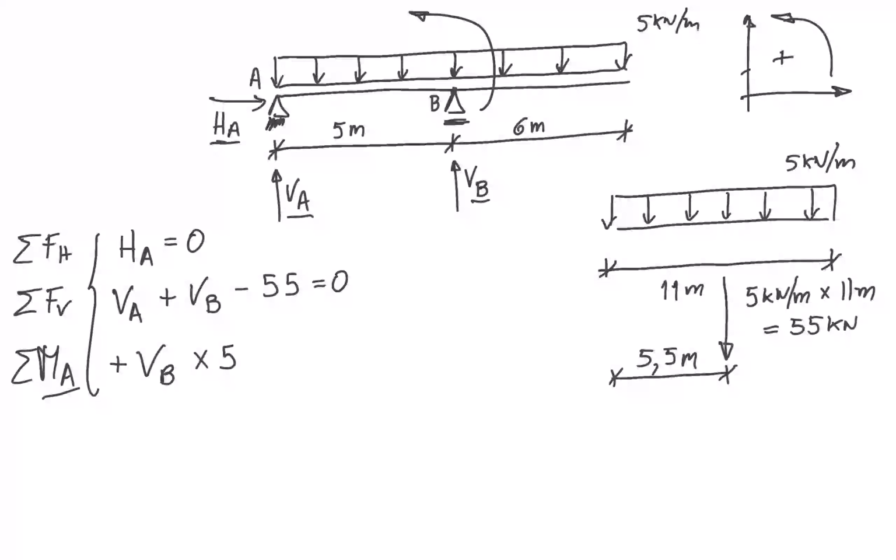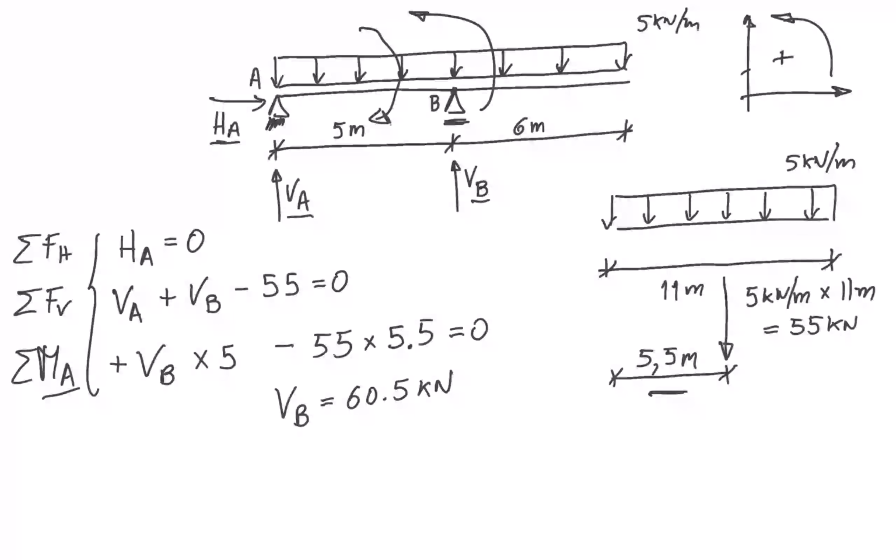And now I have the distributed load. It makes around point A, makes it rotate like this. So it's 55, which is the force, times the distance, and it is negative. The distance we see here is 5.5 meters from point A. So this is 5.5. This is equal to 0. Solving this, VB comes equal to 60.5